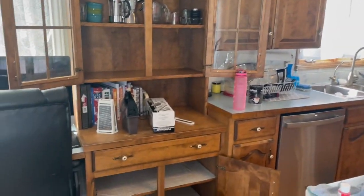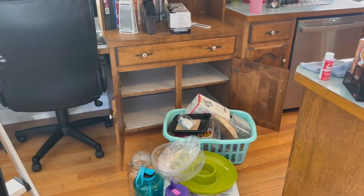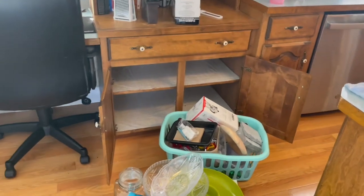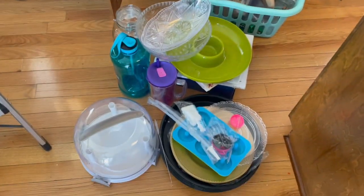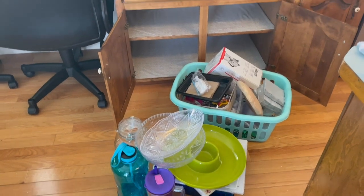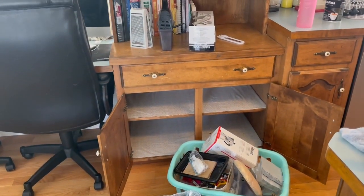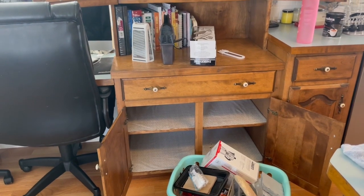Not sure what's going back up in there just yet. And we have this cleaned out. I think I'm gonna make this a party cabinet, kind of how it is right now. I have cake pans and stuff that we use for parties and old napkins and stuff like that. So I'm just gonna get this cabinet wiped out, and then I think I'm gonna add everything back in it for parties and see what fits in there,